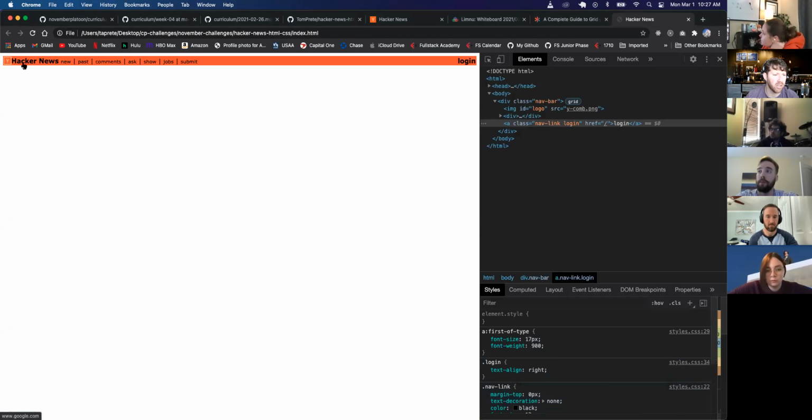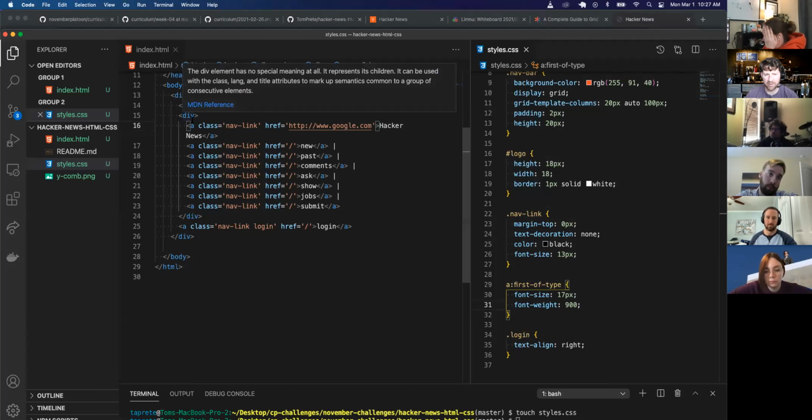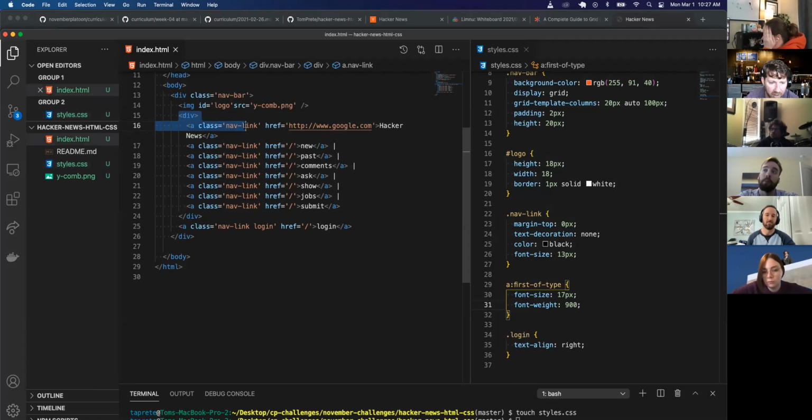Oh, what the hell just happened? So Hacker News is large. Great, that's good. But it looks like login is also large, which I don't like. So I'm saying the first type of A inside of its own parent is targeting that. And the first A tag inside of the nav bar is this one, which I don't want. So is there a way I can